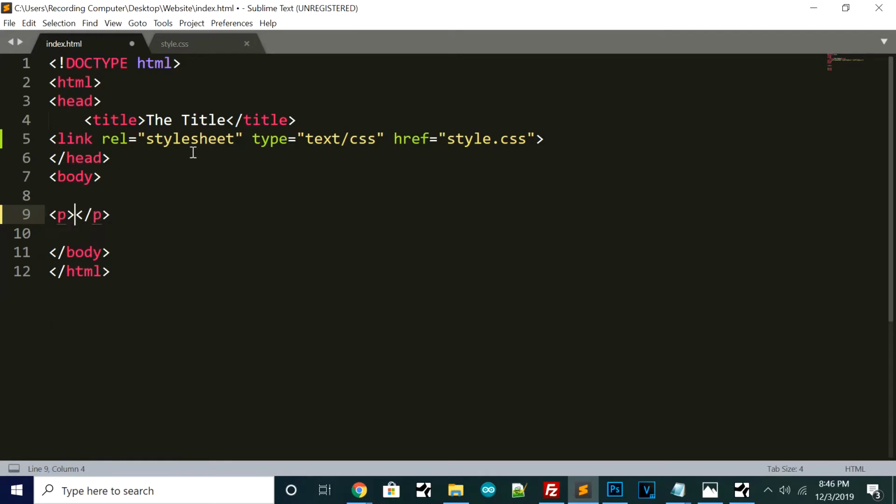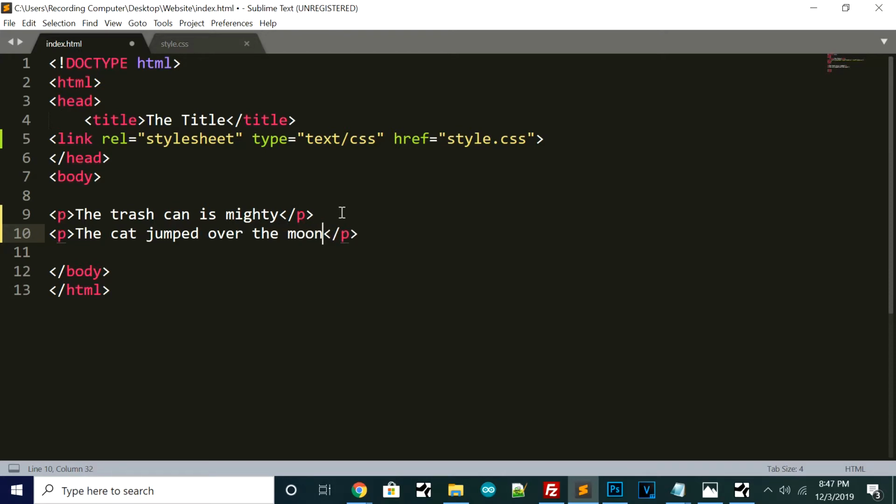So I'm going to make 3 paragraphs, and in the first paragraph I will say the trash can is mighty, and then in the second paragraph we will say the cat jumped over the moon, and in the third paragraph we will say the fan scared the cat, and the scared was on purpose. Anyways, so what we're going to do is color all of the paragraphs, let's say